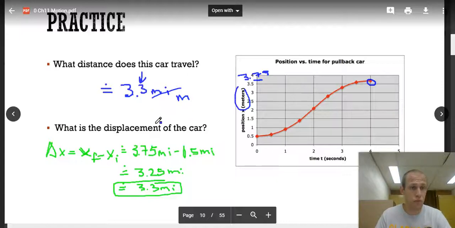Displacement actually has a formula, unlike distance traveled, and the displacement is calculated by the final position minus the initial position. So the final position is 3.75. Again, that needs to be meters, not miles. And the initial is 0.5 meters. Subtracting those, you get approximately 3.25 meters, but we'll just say